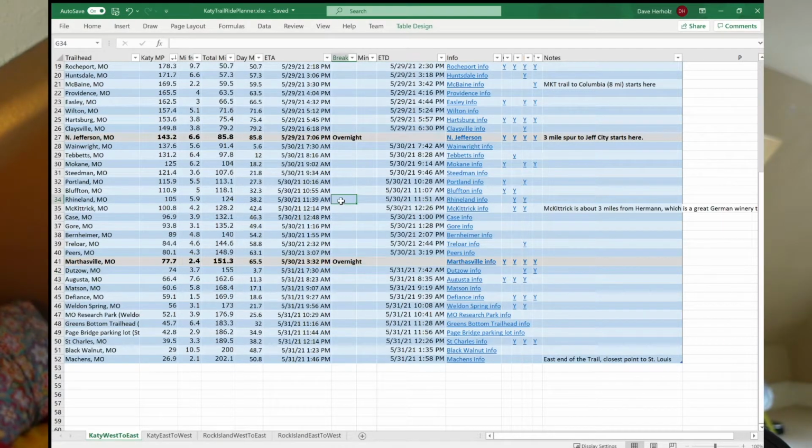I'll pick McKittrick, that's close to Herman. So maybe for that, I'm going to ride into Herman. There's a note over here that you can ride 3 miles on a trail to get into Herman, which is a town that has a bunch of wineries and such. So that's a great town for